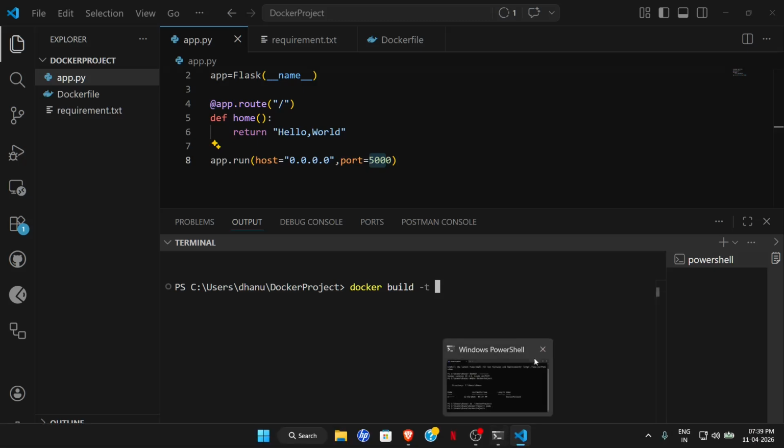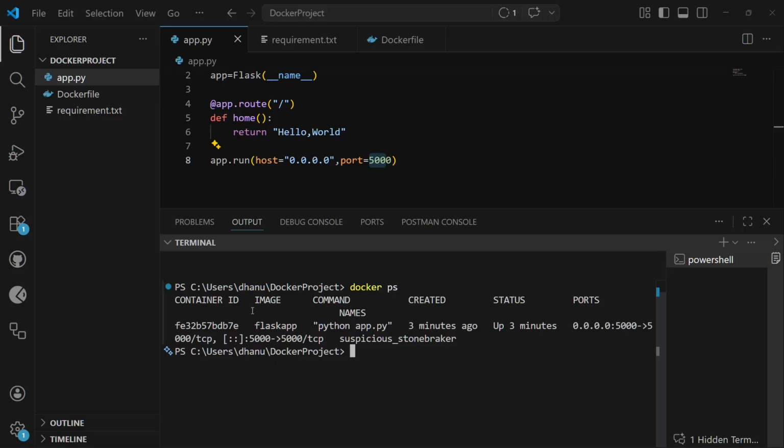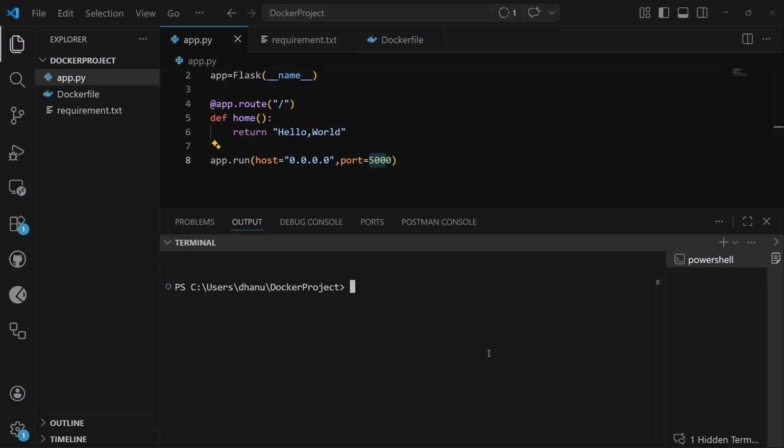It's not opening. Okay, no problem. Just use docker ps. It will show what is running here. You can directly use docker stop, just stop the running app, followed by the container ID. Copy this container ID and paste it here. So it will stop that running Docker container. Clear the screen. Again, type docker ps. So now we are not running any container.